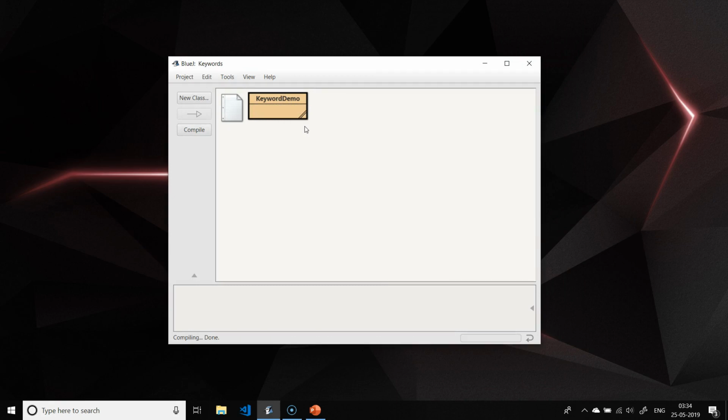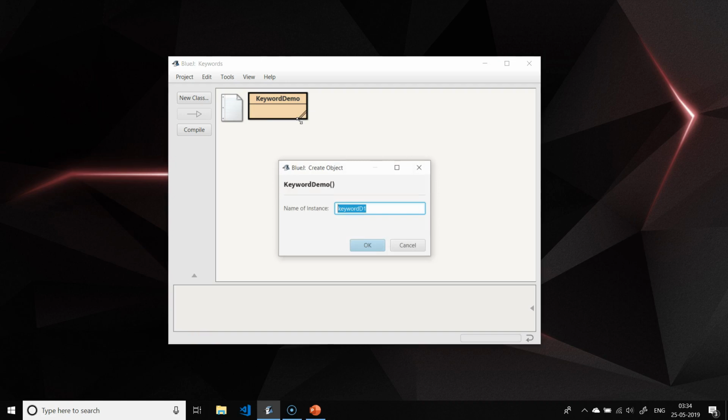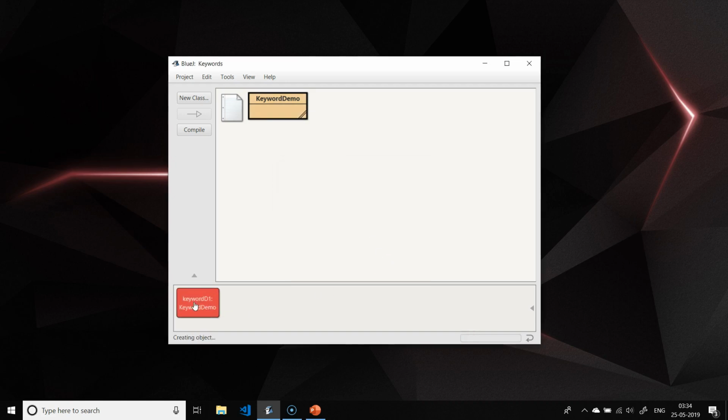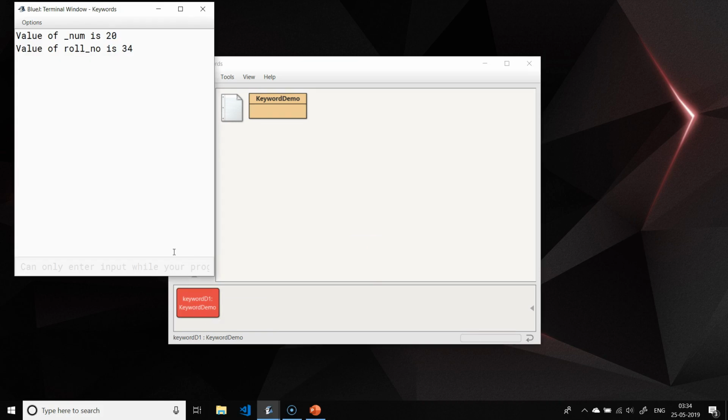The class compiles fine now. Let me create an object of the KeywordDemo class. Now I'll use this object to run the demoUnderscore method. The method executes without any issues. So, just by itself, underscore is a keyword and can't be used to name variables. But when combined with other characters, it can be used in variable names.